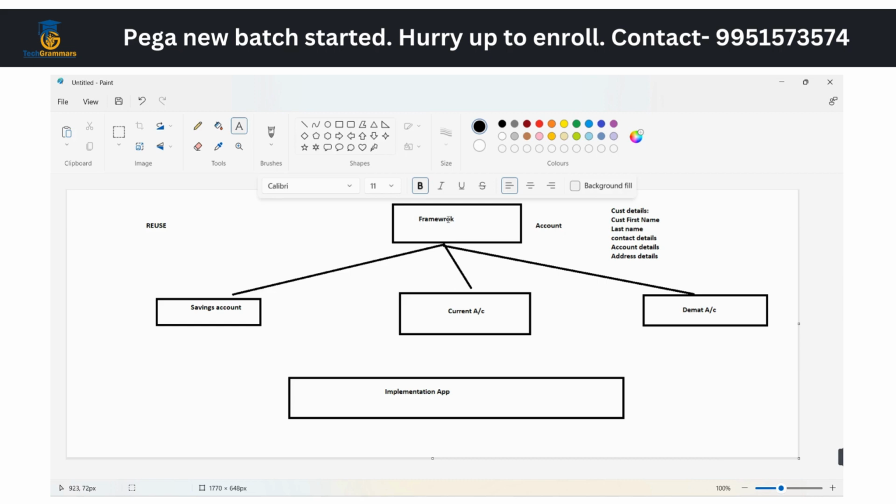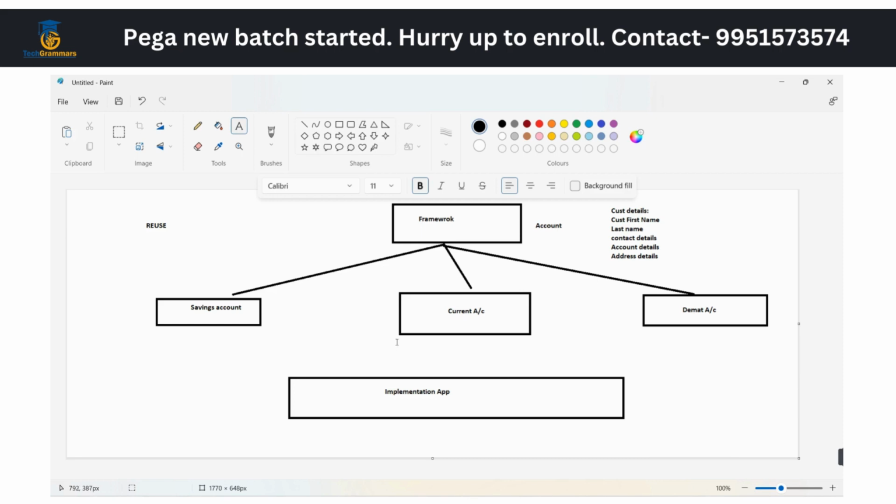Going further, if you want to create any application, you need to build your framework or implementation in such a way that it is generic in nature. So that's why we need to create account. That's it. Now, what type of account? Now we need to create that application in an implementation form. Simply we need to create it as account. Now in order to create an account, irrespective of what type of account we need,